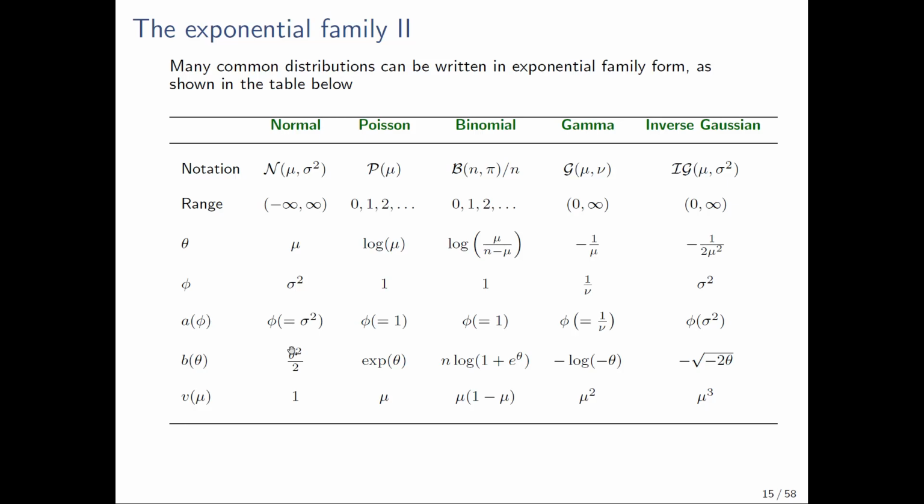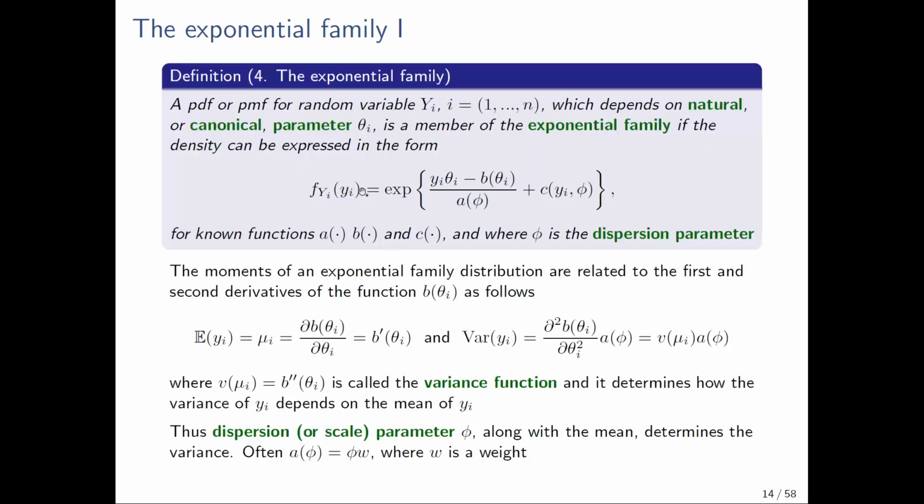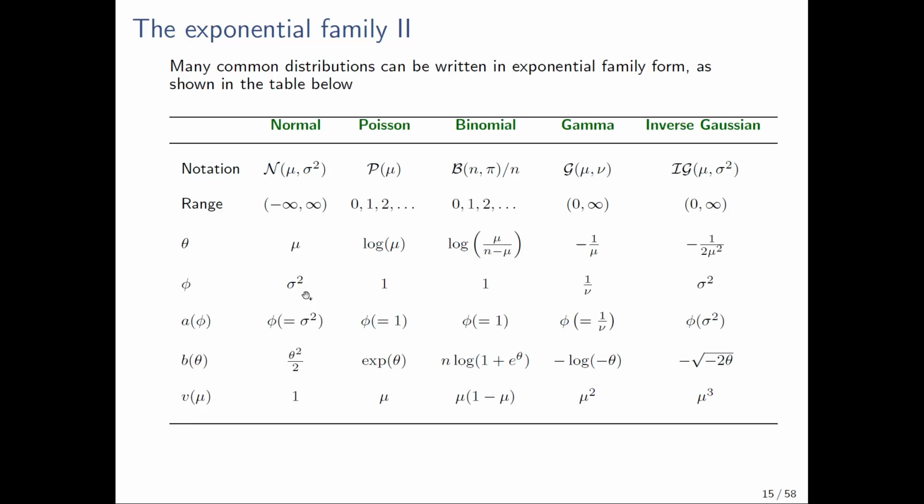So if we put these together, one thing I want you to do in your own time is write these in this form. Do it for the normal distribution. Well, actually, I'll show you that in a second anyway. I've done it anyway. But let's check the machinery with the normal, since that's the distribution at this point that we know best. The first derivative of theta squared over 2, the first derivative of this function here is theta,